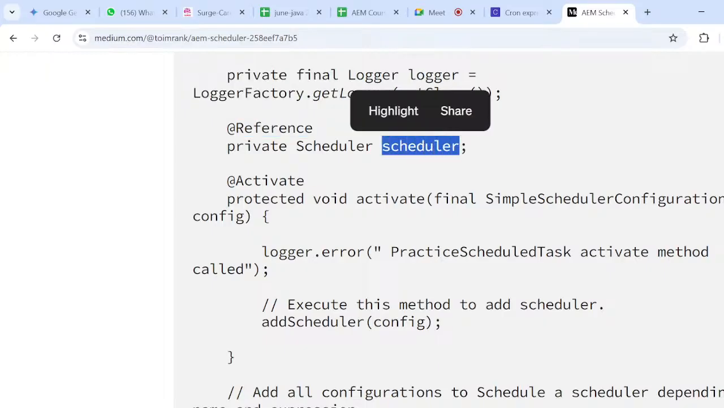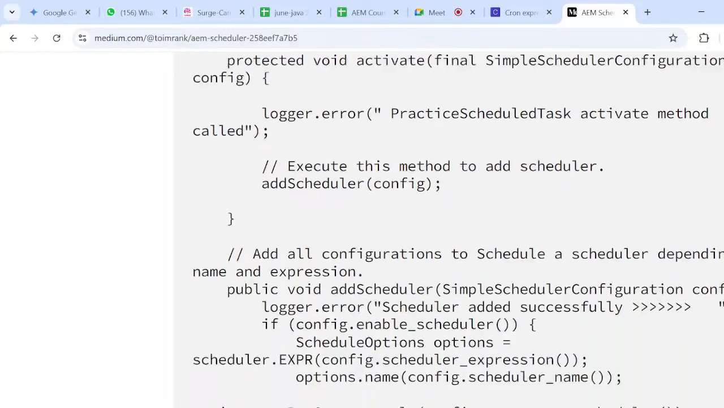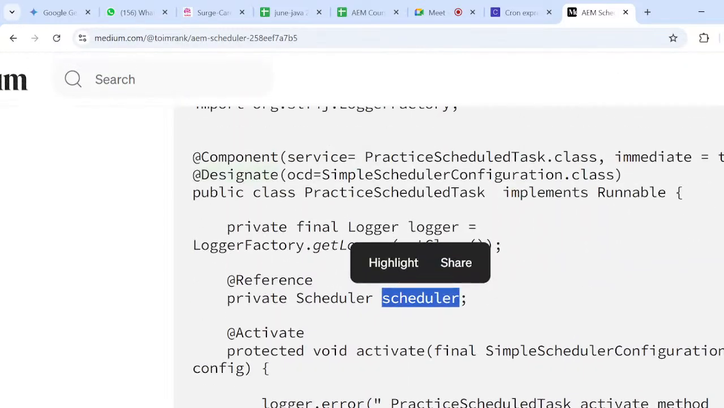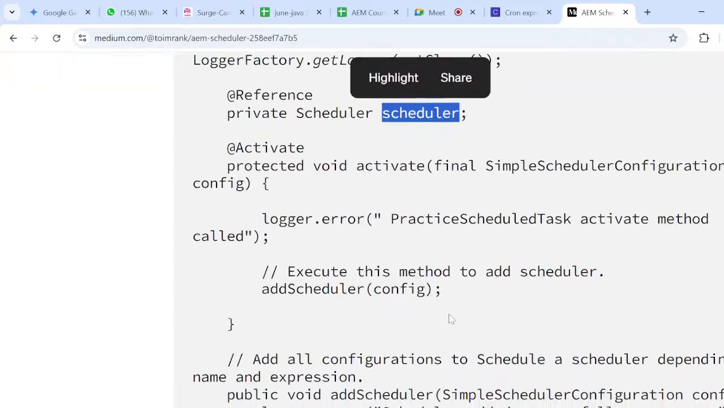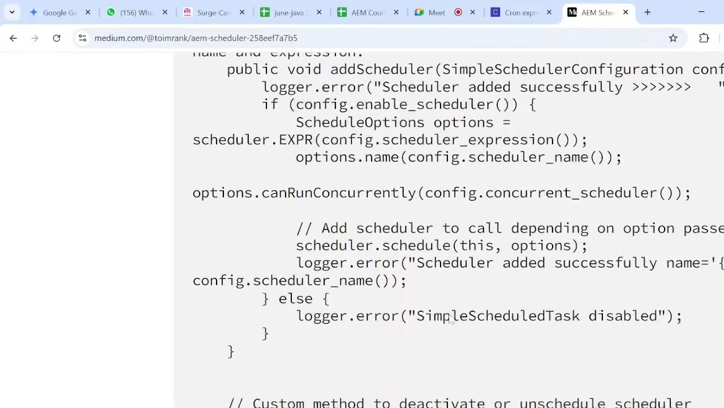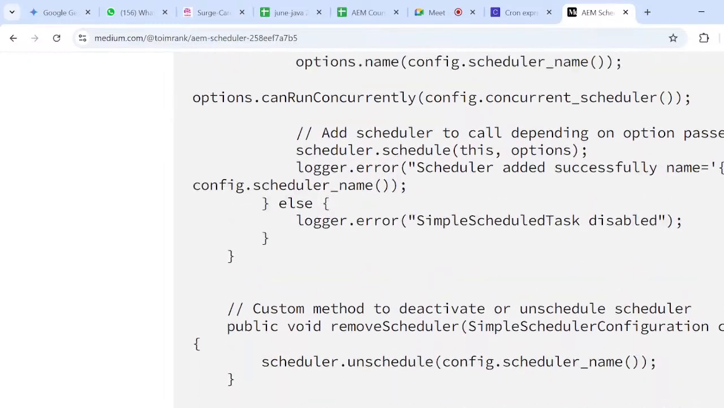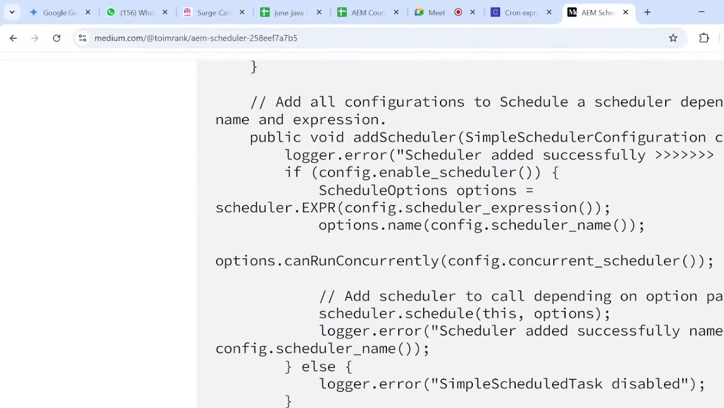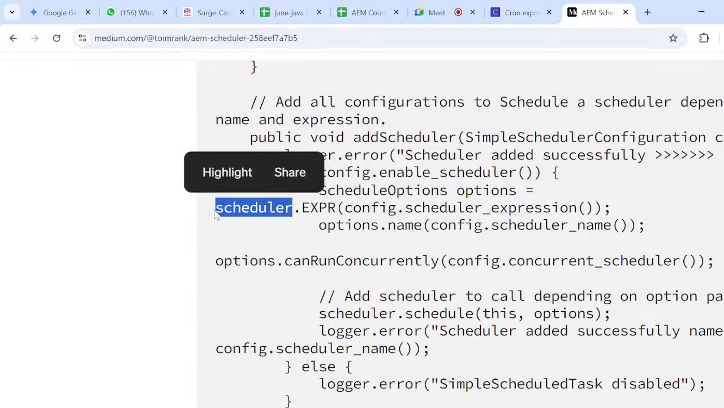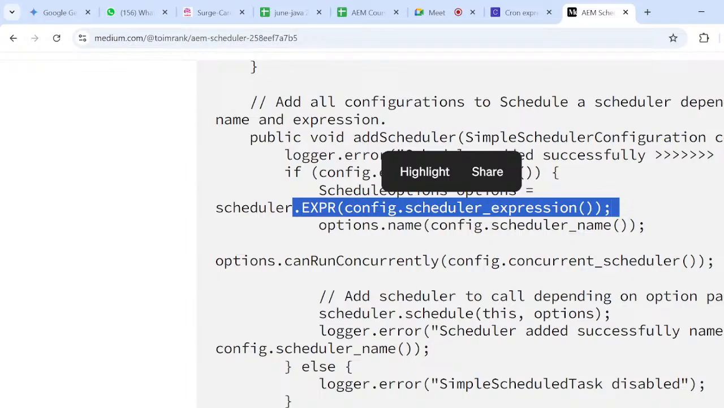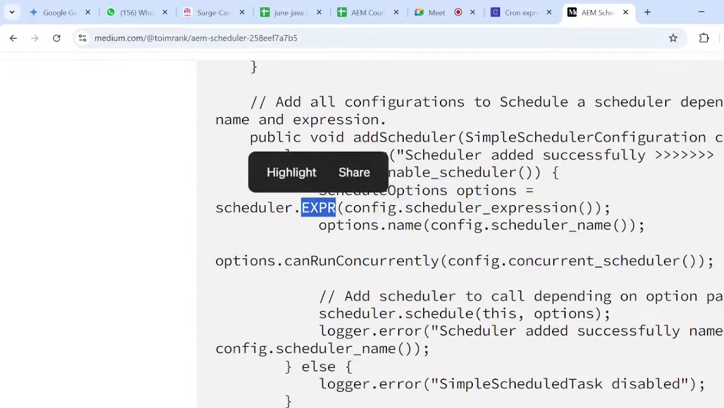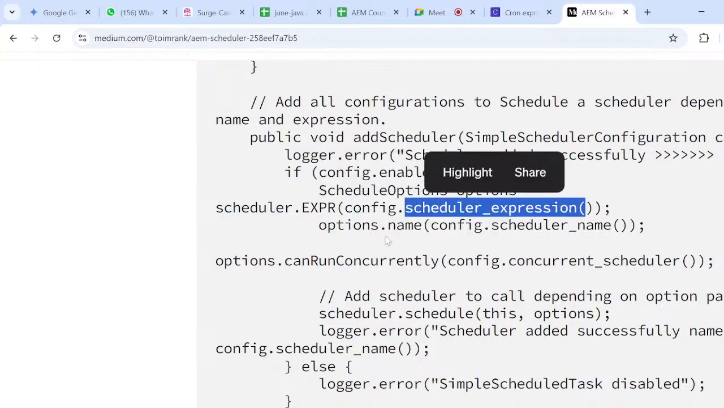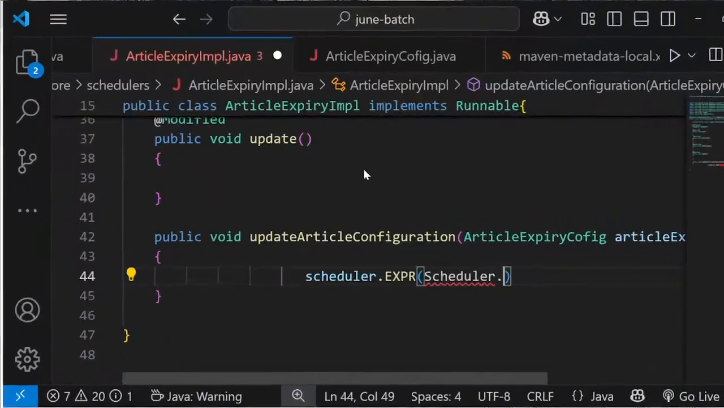This is the predefined scheduler API. This is a predefined class. Okay. And that predefined class contains a number of methods, right? How could you access all the predefined methods? So here is how they implemented the program: scheduler dot expression. This is the method which is coming from this scheduler API. This is the scheduler class. Okay. And for this method we are passing as input our scheduler expression. The same thing you can come to here, and